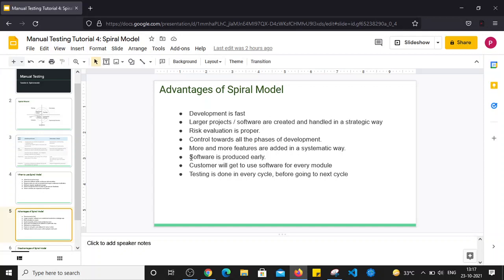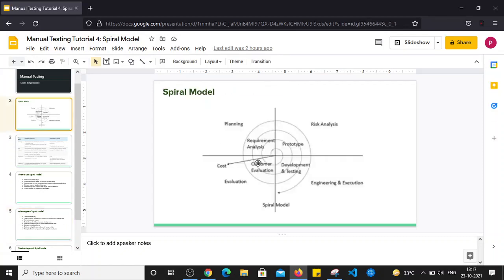Development is fast. We have seen, right? Basically the entire software will be developed in small cycles. The initial requirement will be provided. After that, for the initial requirement, analysis will be done, planning will be done, development will be done, testing will be done, and that will be delivered to the customer as version 1.